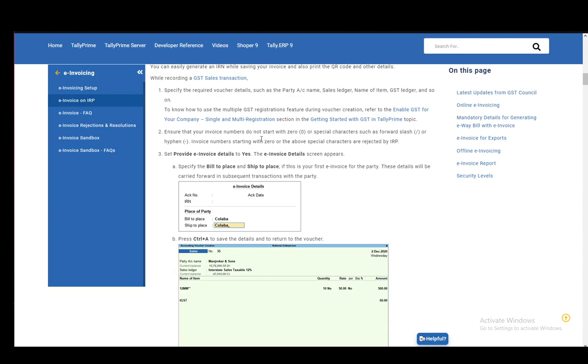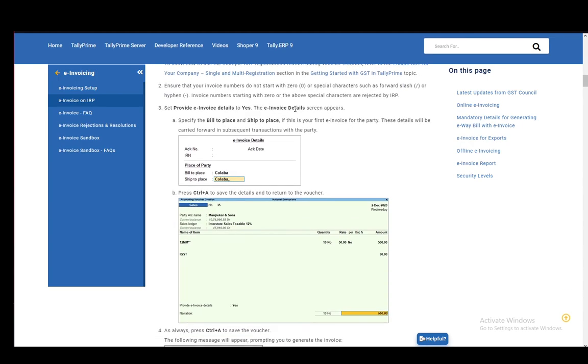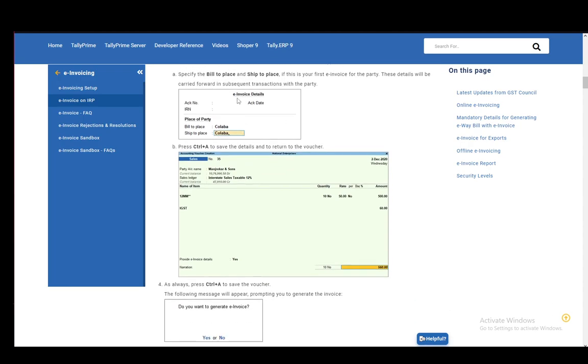Then you need to ensure that your invoice numbers do not start with 0 or special characters such as a / or hyphen. Invoice numbers starting with 0 or any of the above special characters will be rejected by IRP. Then you need to set provide e-invoice details to yes. The e-invoice details screen will appear and it looks like this, and you need to specify the bill to place